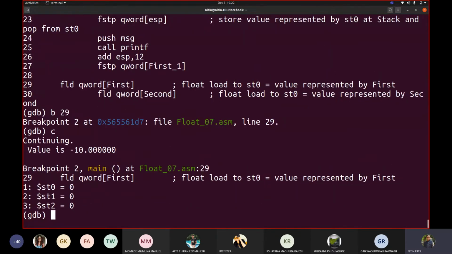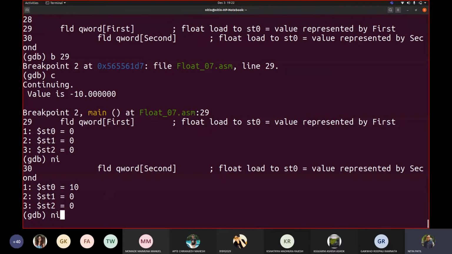I will say continue. So it already executed this. Now we are here. Everything is cleared. All values are popped because we also wrote fstp above this. Fine. So let us see here. We are again loading the values because we popped the last 10 value along with the first one. Now we are again loading first and second. So ni, 10, 20.